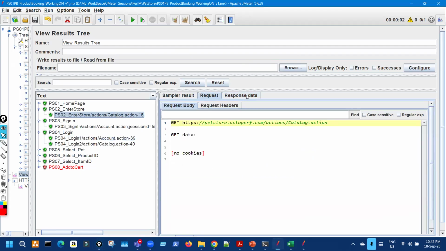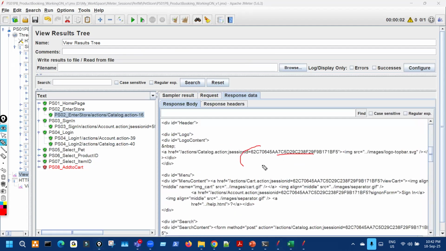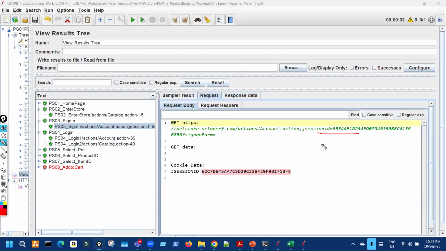So this process of extracting, because the server will send in the response, the previous response. So you have to extract them and then send it in the next request back to the server, right? It will come in the response, and we have to send it back in the request to the server, because only with the request will it go, right? So this whole process is called